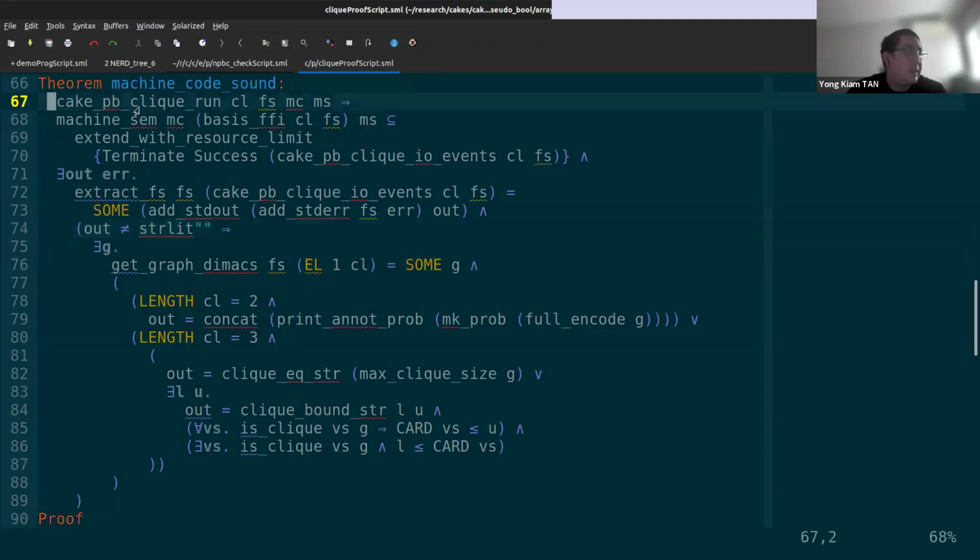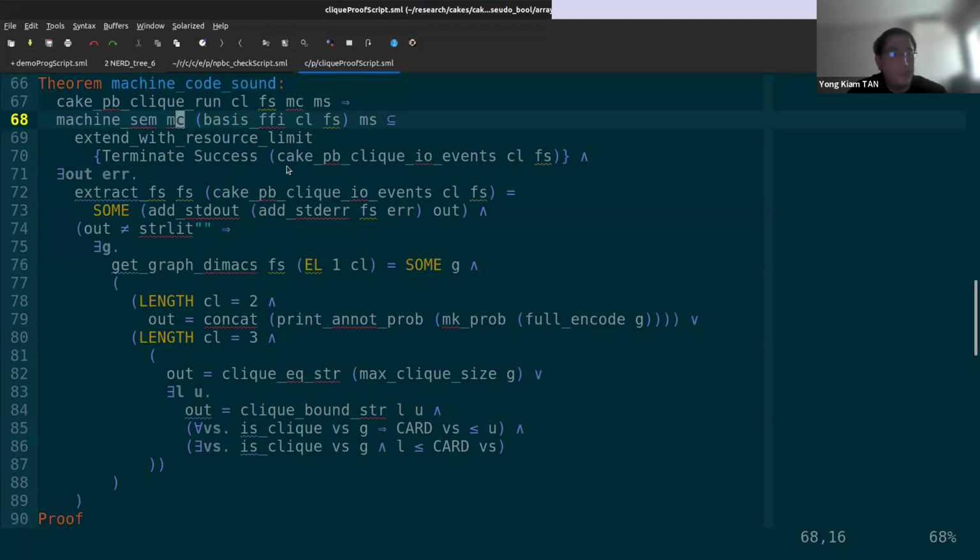What it says is that if you manage to successfully run the CakePB clique on a certain command line with a certain file system setup and on a certain machine under the standard assumptions, then you guarantee that the machine code semantics, which according to our formalization is such that the clique